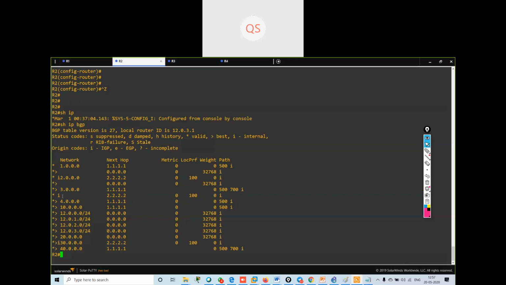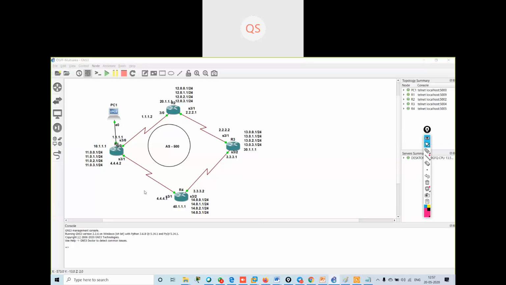The best route it is using to reach the 3 dot network is 1.1.1.1. It is going via R1. So what I did exactly: if any route is exiting this R2 router, it will go via R1 and R4.